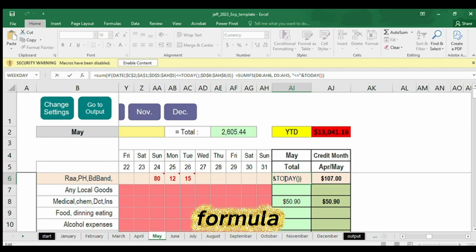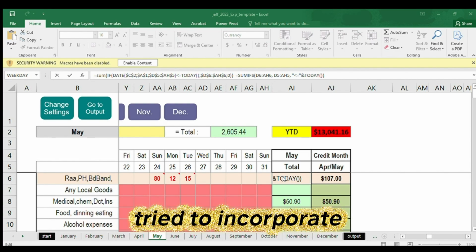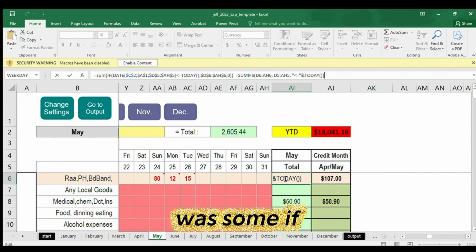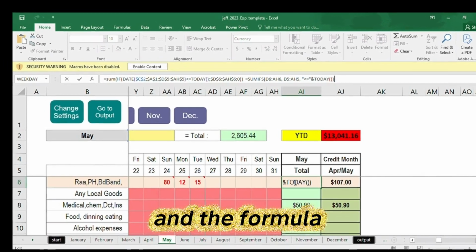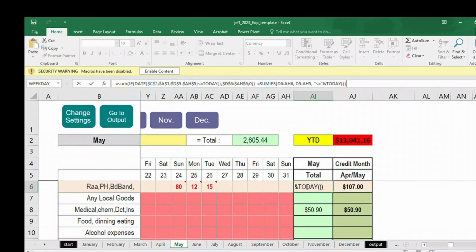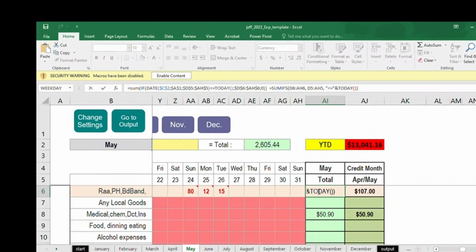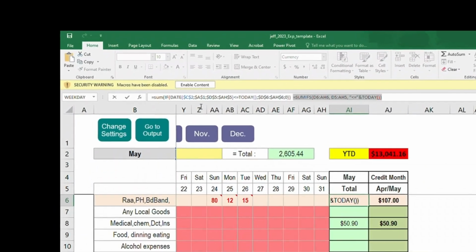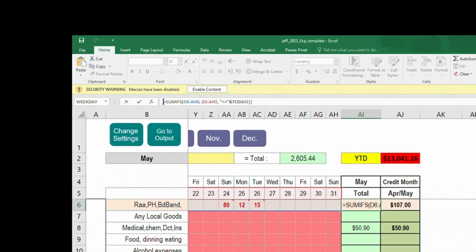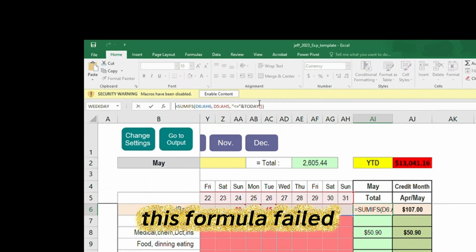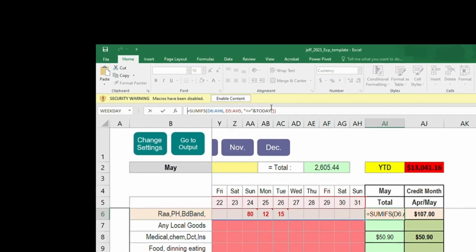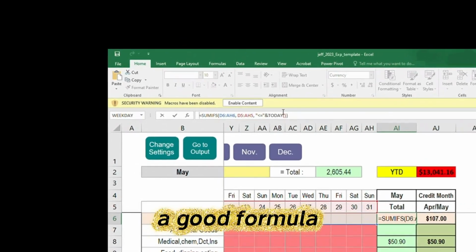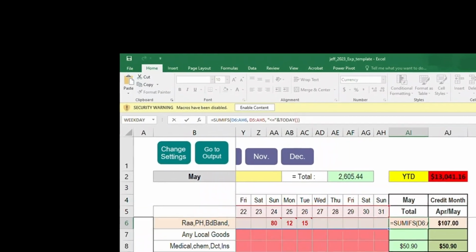So the next formula on the drawing board that I tried to incorporate was the SUMIFS function, as you can see here on the formula tab. But again, this formula failed. It would have been a good formula, but it failed because